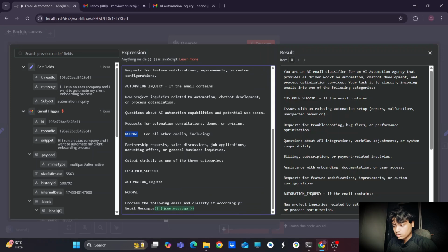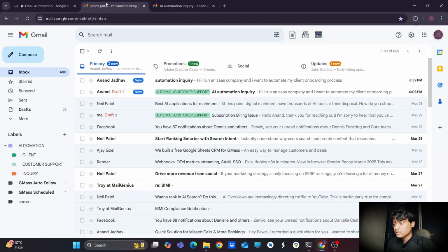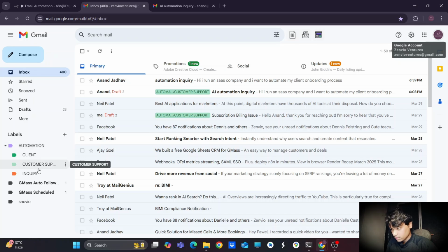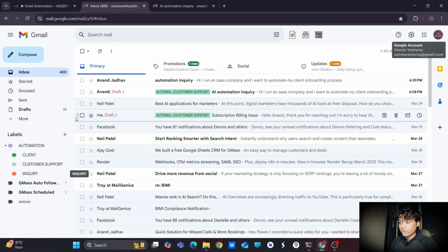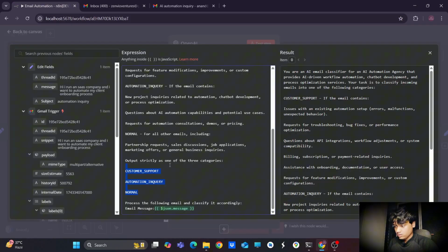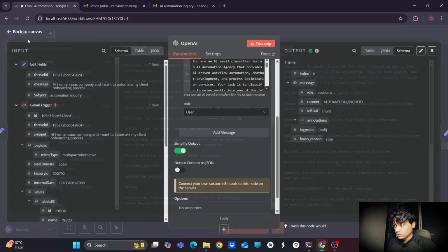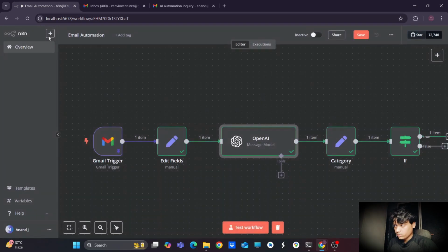It needs to strictly output one of these three categories, and this is the email message it needs to use for classifying. I have given these three categories because in my mailbox I have created multiple labels, for customer support and inquiry, and for the normal one I am not using any label. So go back to the canvas.